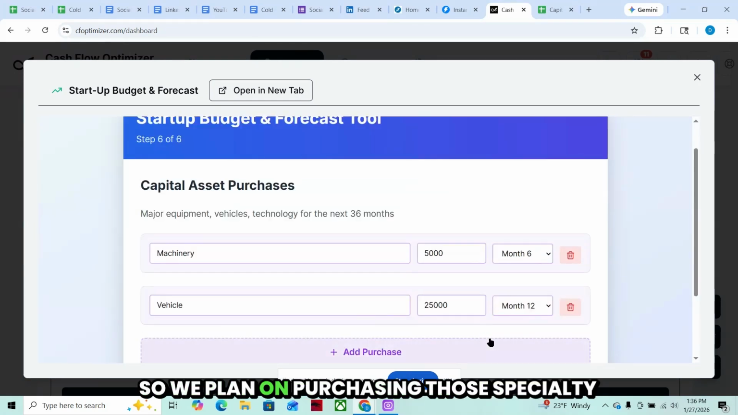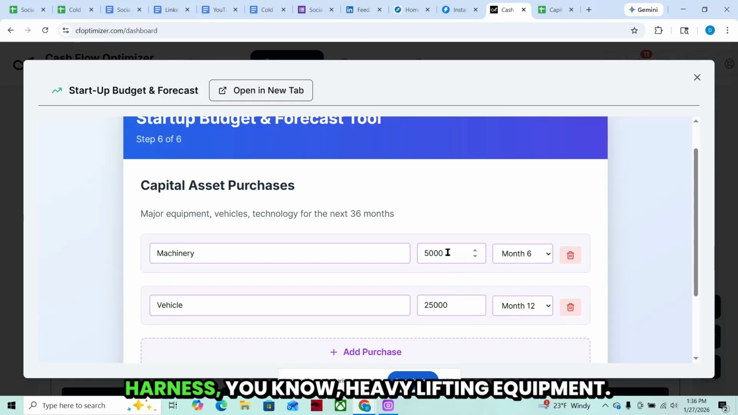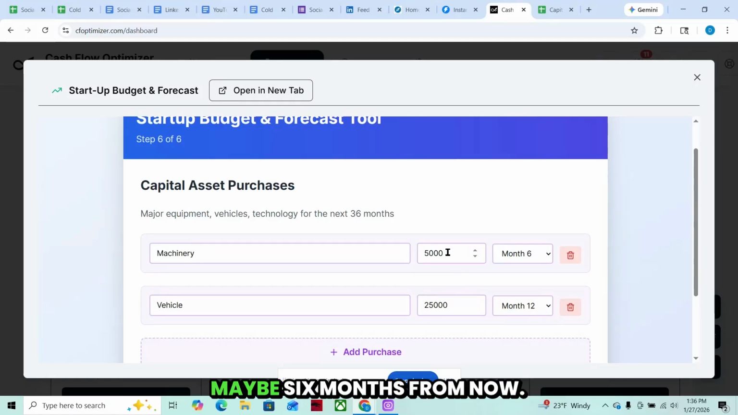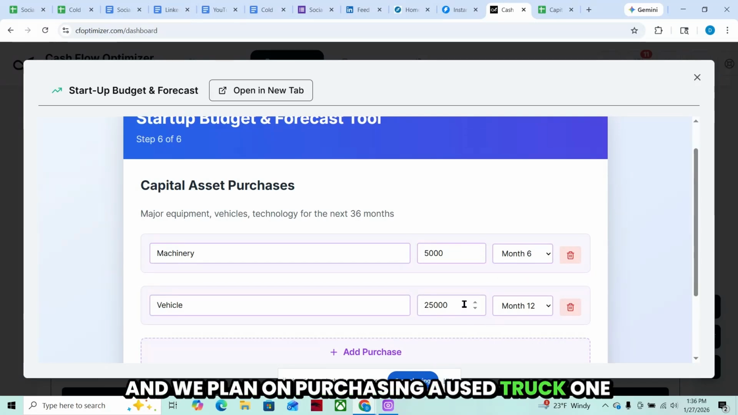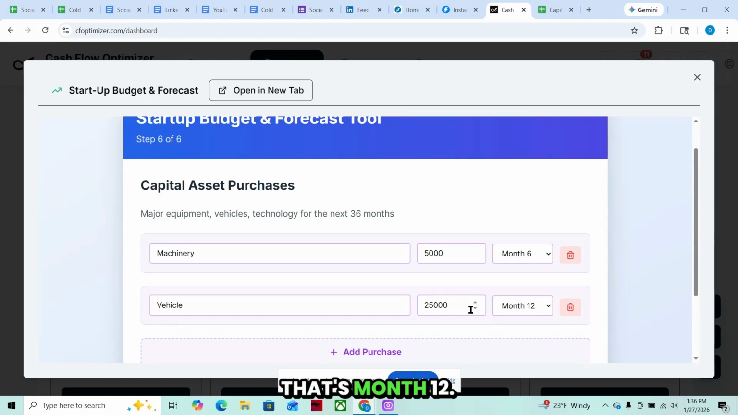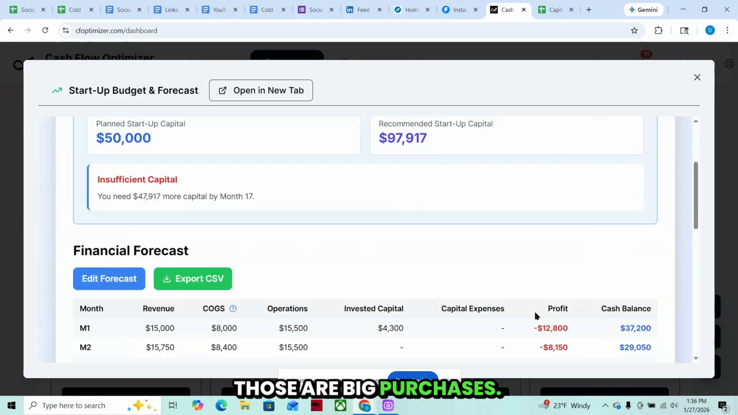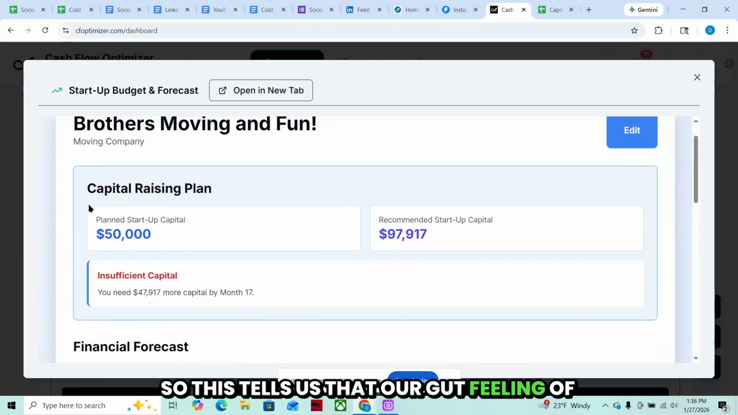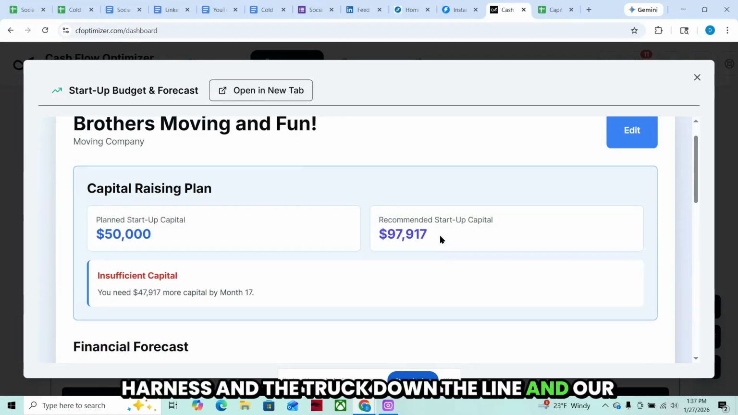So we plan on purchasing those specialty harness, heavy lifting equipment, maybe 6 months from now. That's month 6. And we plan on purchasing a used truck 1 year from now. That's month 12. So those are good. Those are big purchases. So this tells us that our gut feeling of 50,000 is insufficient. This is recommending we raise over about $98,000 in capital to actually meet our anticipated needs with our planned purchasing of some new equipment, our bigger purchases of that specialty harness and the truck down the line, and our monthly